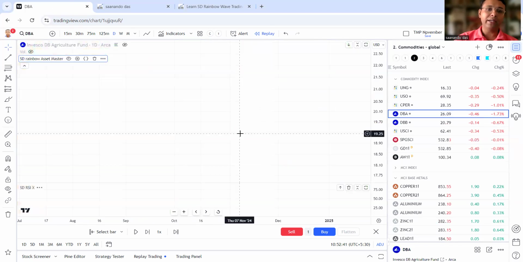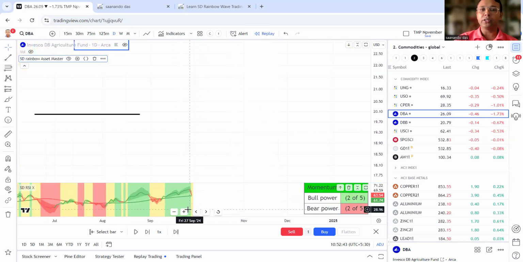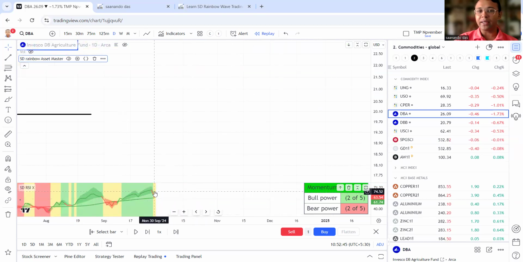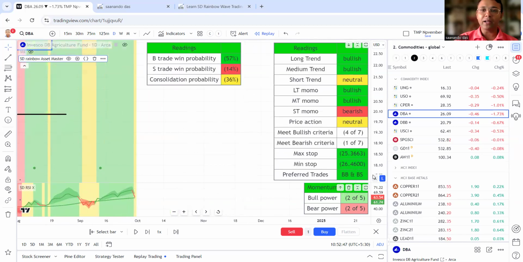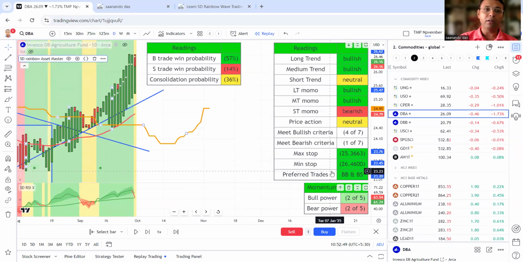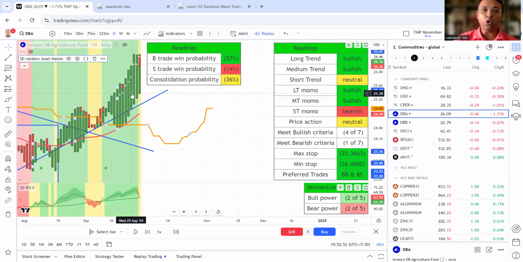Next, we take a look at DBA, that is agriculture. If you look at the RSI X, you can see the agricultural fall is much bigger. So we don't want to remain in the entry. This is the time to exit from agriculture. This DBA was open yesterday, long. It had to exit yesterday for sure.